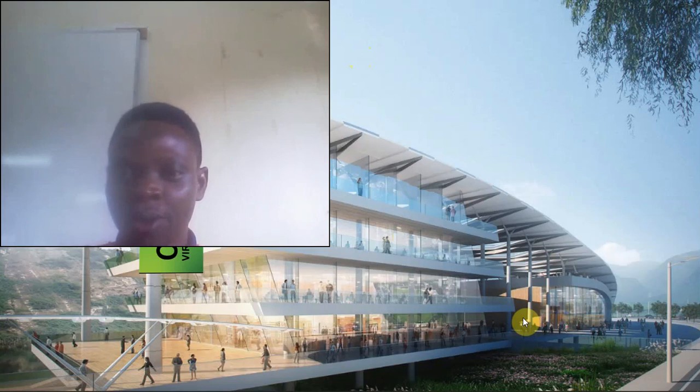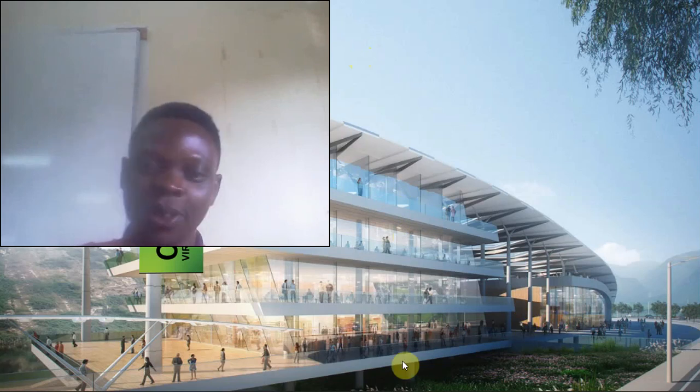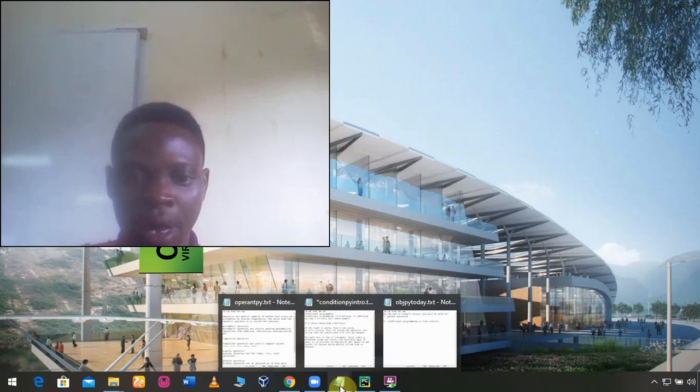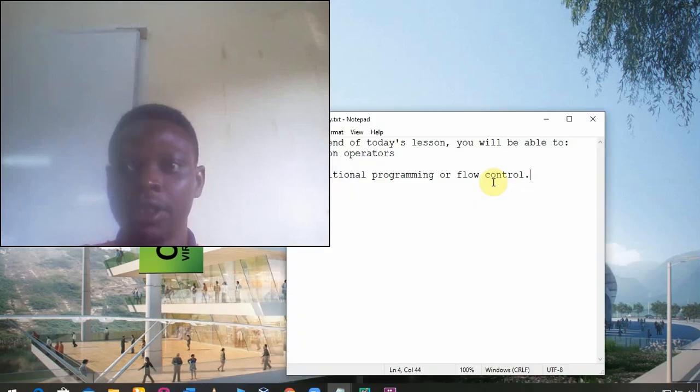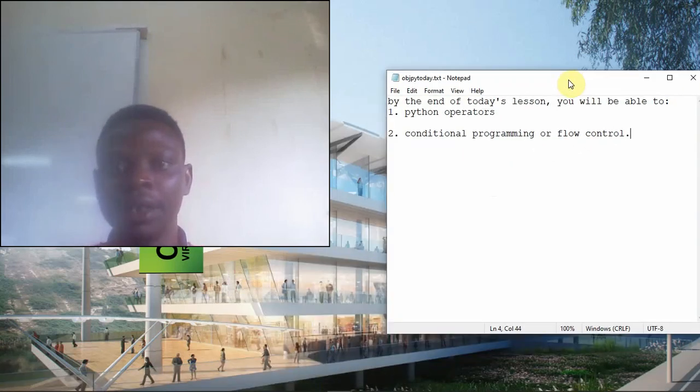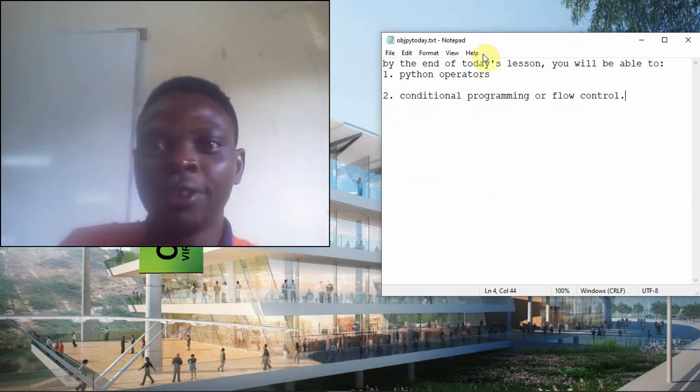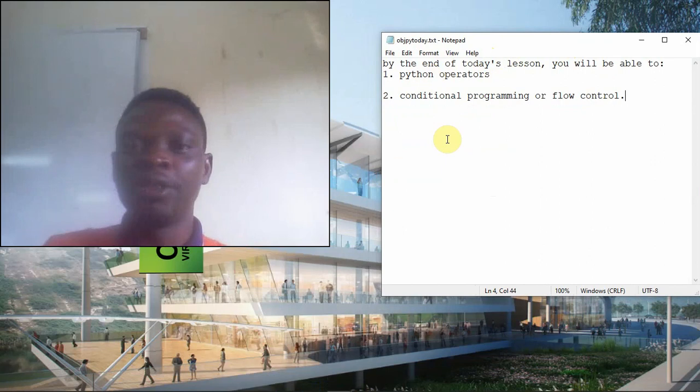But before we dive into today's lesson, let's bring our learning objective first, as usual, so that all of us will know what we are going to do, so that we can all be on the same line. So let me bring my small sheet here, and today we are not going to do much, but a very interesting topic. So by the end of today's lesson,